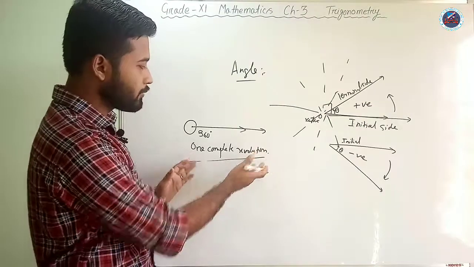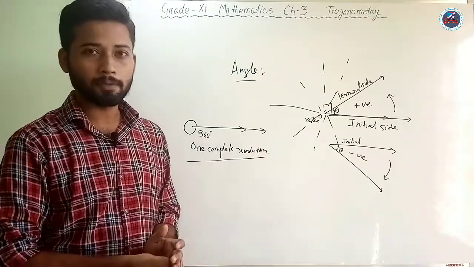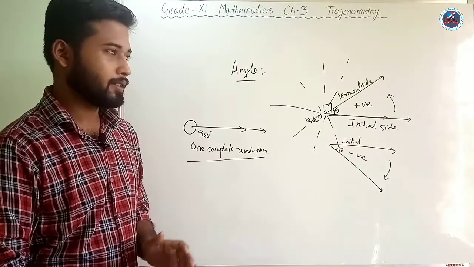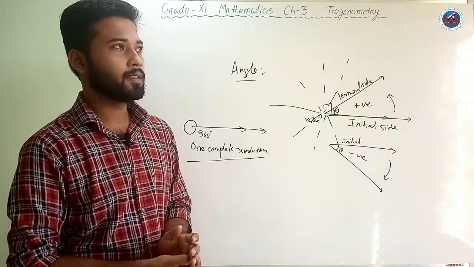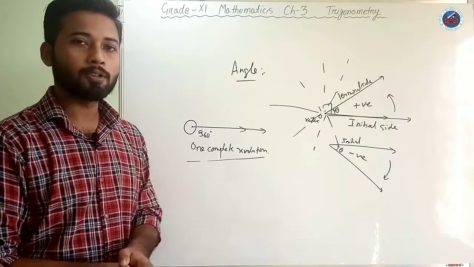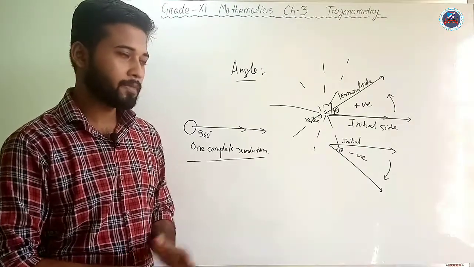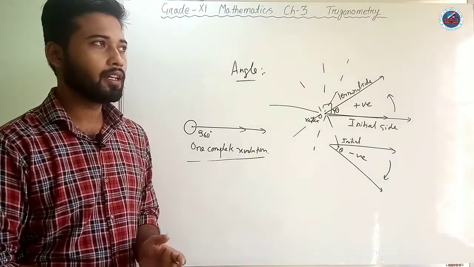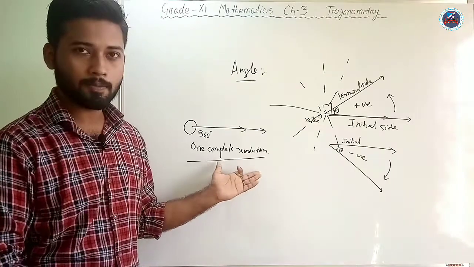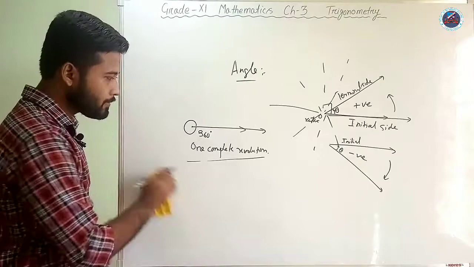Fine. Now we shall use this unit to explain or define many things. One complete revolution can be used as a unit. For example, if I want to measure the speed of a fan, we can say that a fan is moving with a speed of 60 revolutions per minute or 300 revolutions per minute. Or suppose you are running a bike, and the wheels of the bike will be moving at 50 complete revolutions per minute or 100 complete revolutions per minute. So we can define it like that.